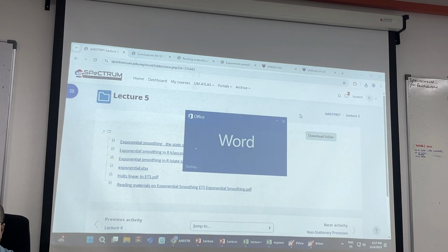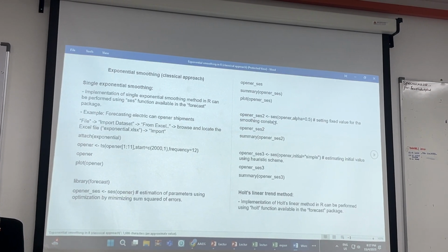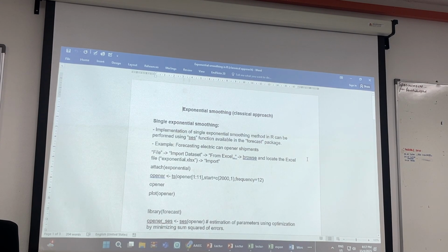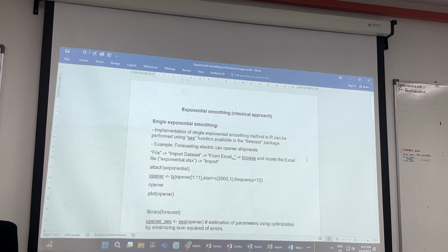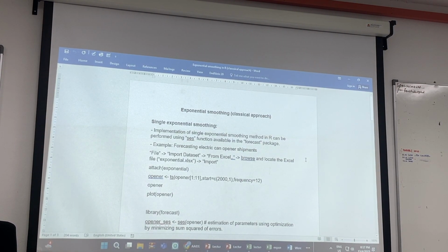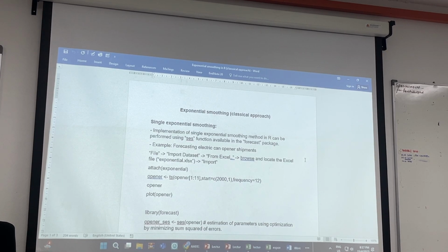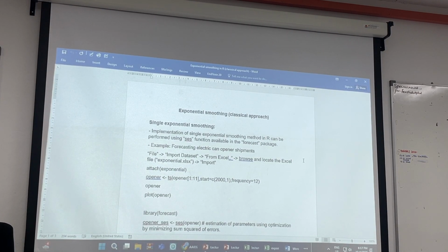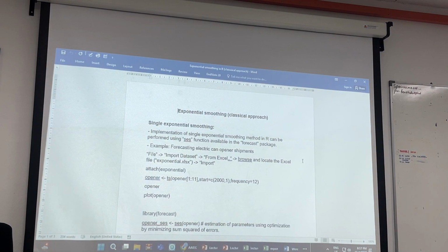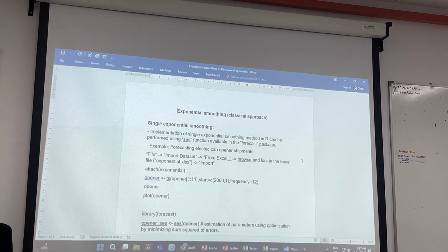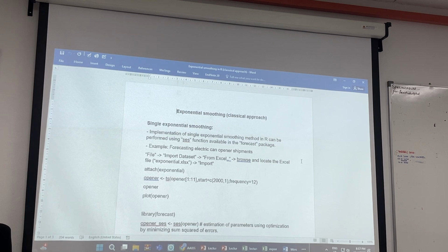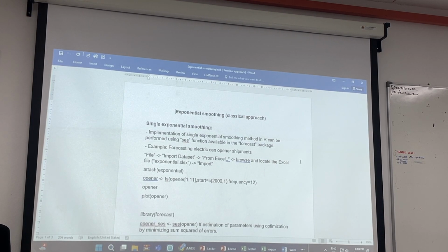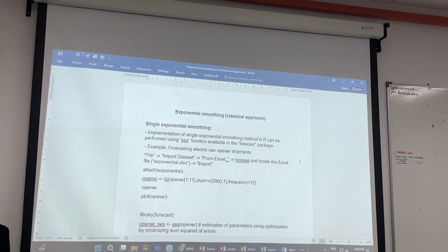Classical version of the exponential smoothing method. Alright, so single or simple exponential smoothing implementation of the single exponential smoothing method in R can be performed using the SES